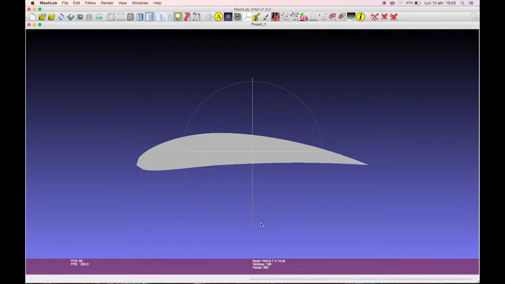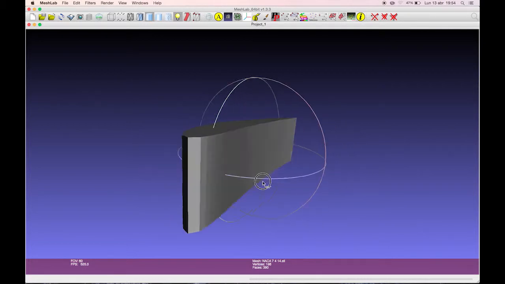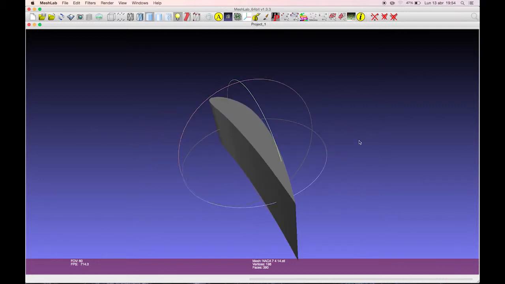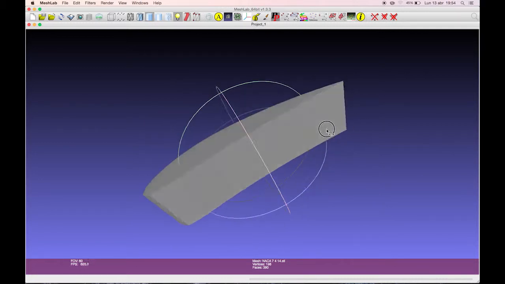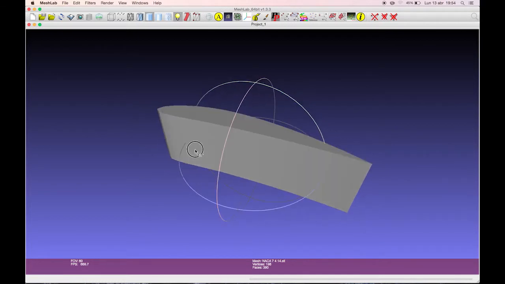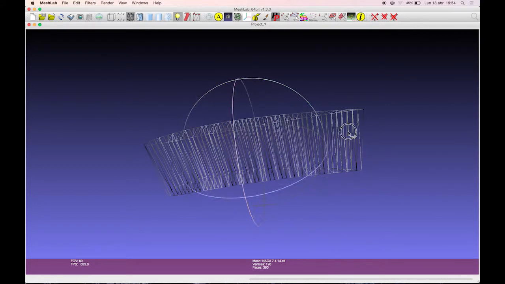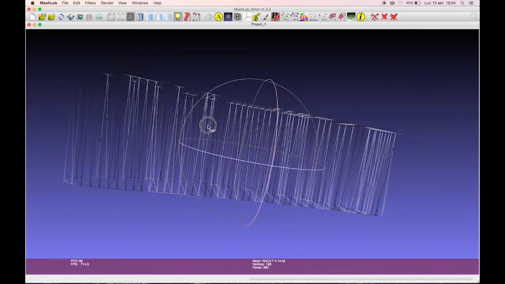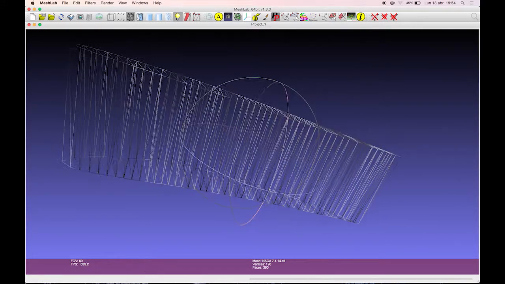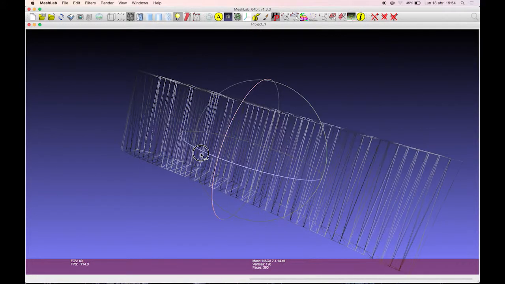Okay, so here we have our airfoil, which, as we can see, has the shape of the airfoil with the height we specified and the chord that we also specified. Now we can see the triangulated mesh that has been created on the top, on the bottom, and on the lateral surface.